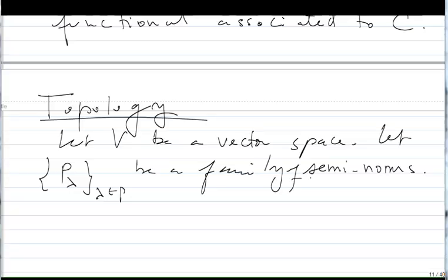So we can form the P-balls associated to each P_lambda, and we define the topology. In order for us to define a topology, we need to define an open set, and we'll say, definition,